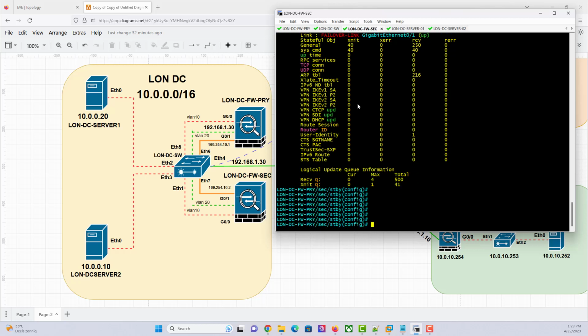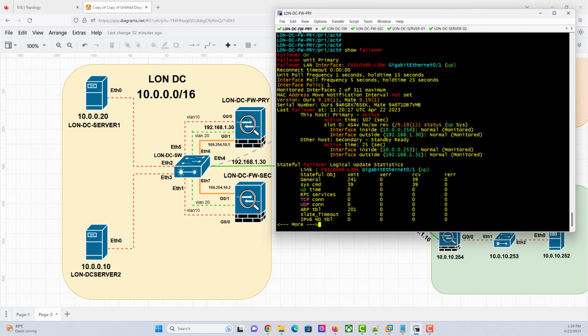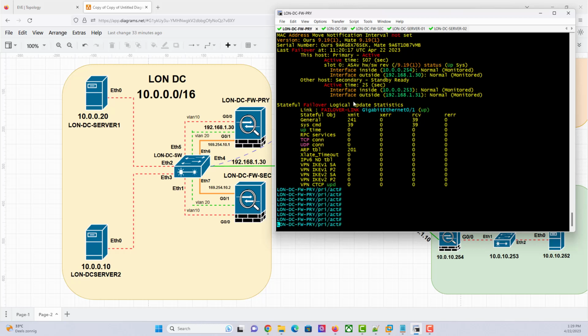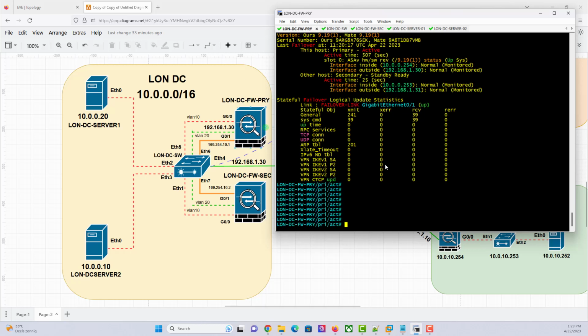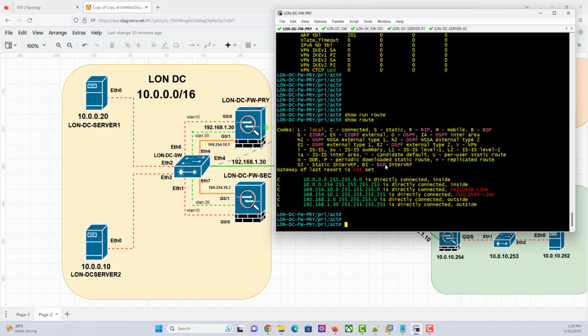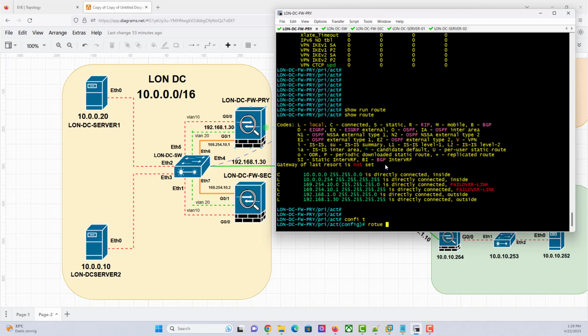Now let's do some tests. Let's see if we can reach the internet. From here we already have the IP configured, but I don't think we have the default route yet. Show run route. Show route. So we don't have any default route that will take us to the internet. So let's configure that. I'll say route